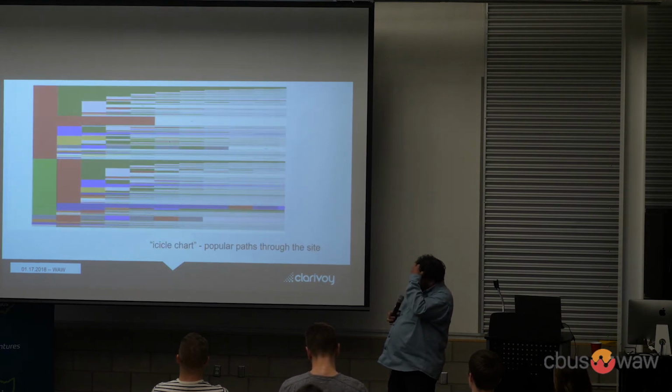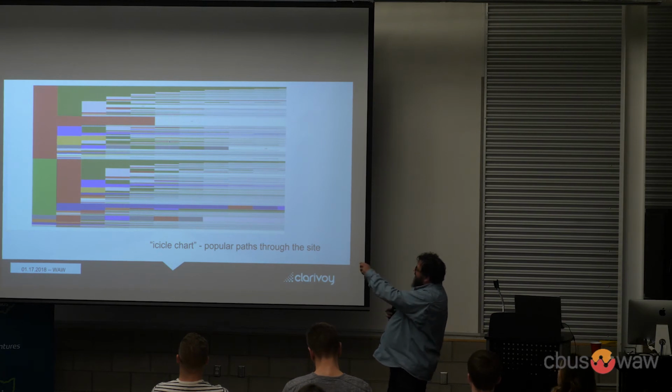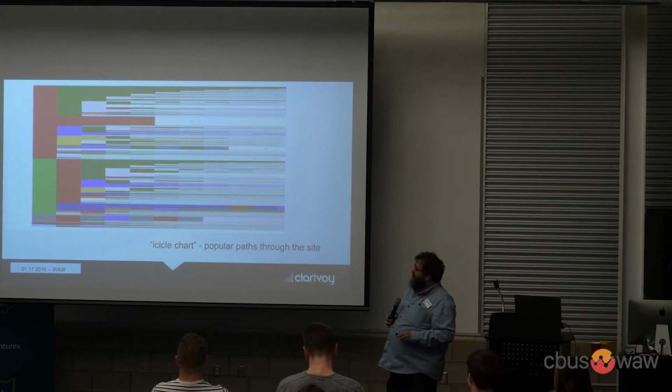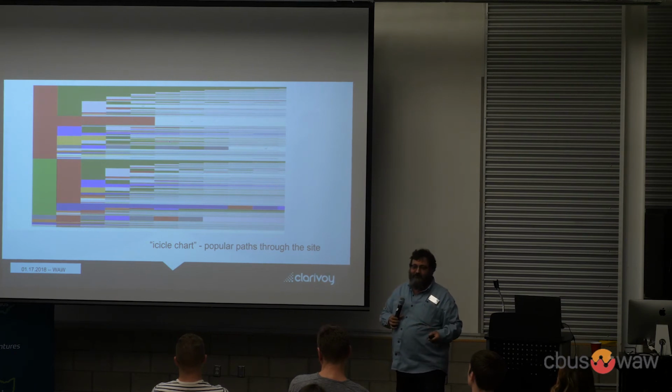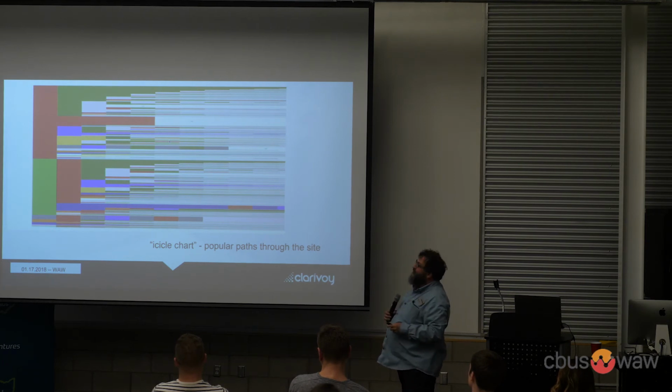Another approach is to take your site and build an icicle chart. So on the far end over there on the left, and we read this like reading words, the most commonly hit pages when people first arrive at the site show up. And then as they move through the site, they're color-coded based on the page they were on. And sometimes they go back to other pages, sometimes they stay on the same one, sometimes they reload, until they're way on the right, finally leave the site.